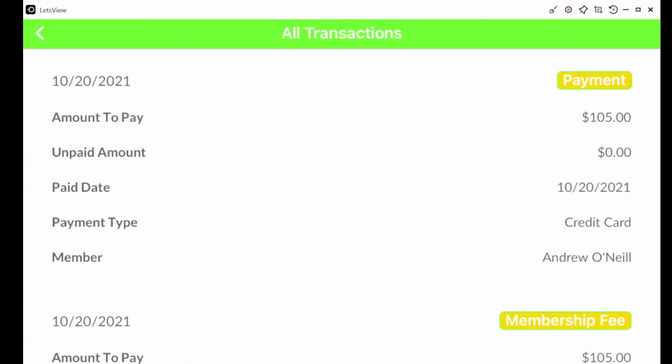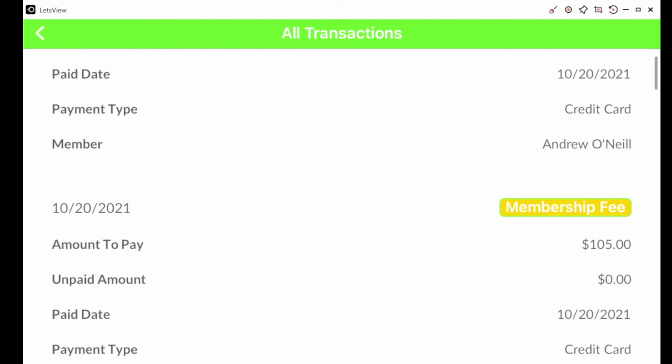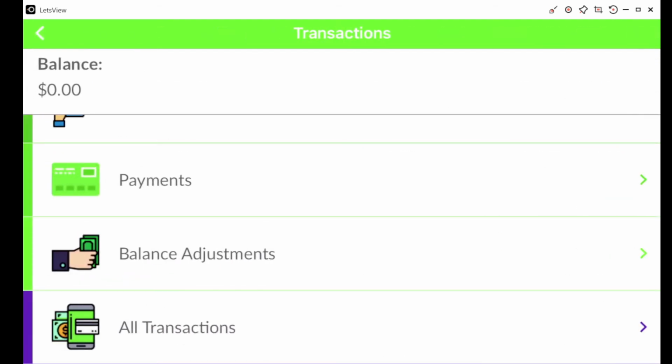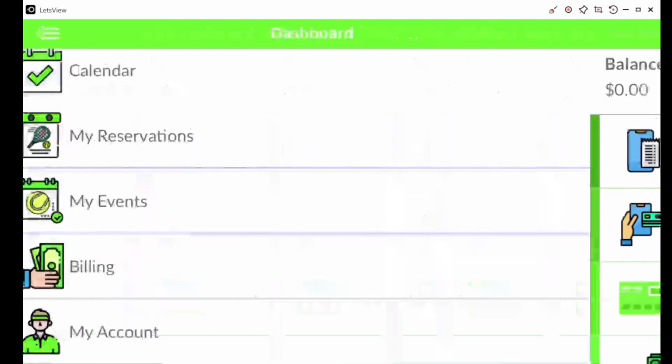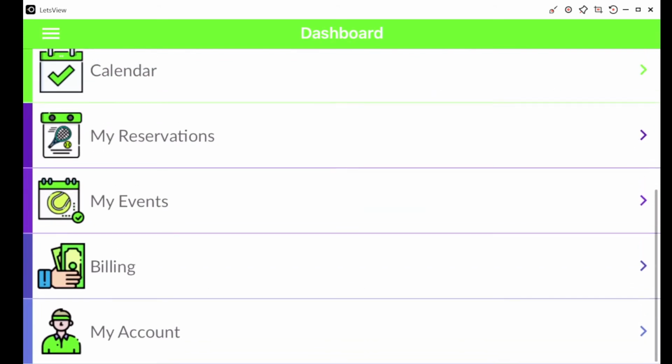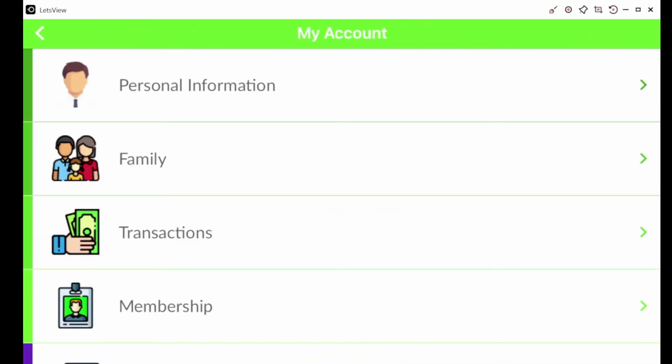And here's my membership payment, so that went through, and a number of other transactions throughout the year. Next, I'm going to go into my account, where I can review some personal information, family information, transactions, any membership